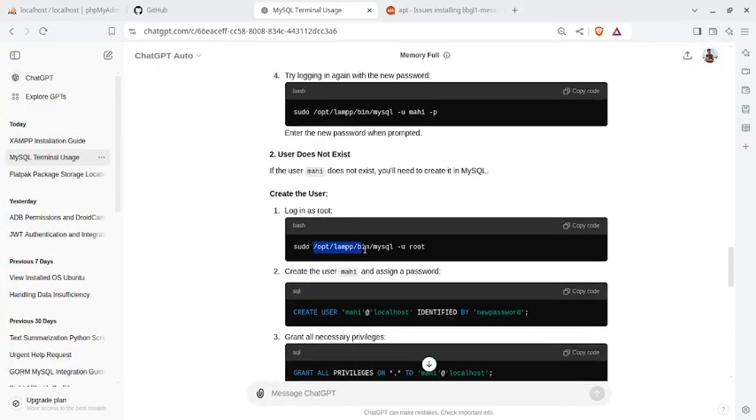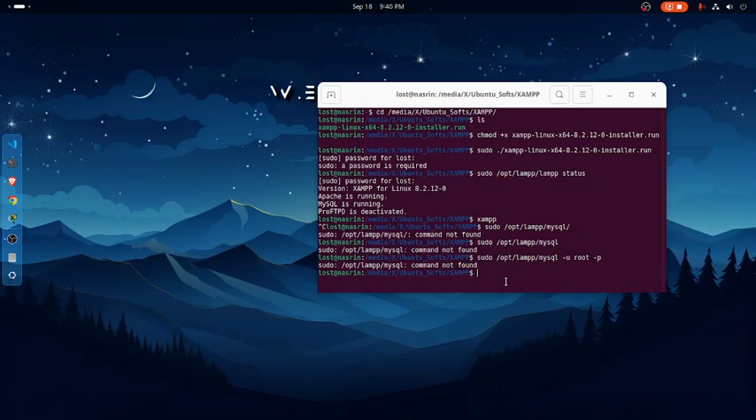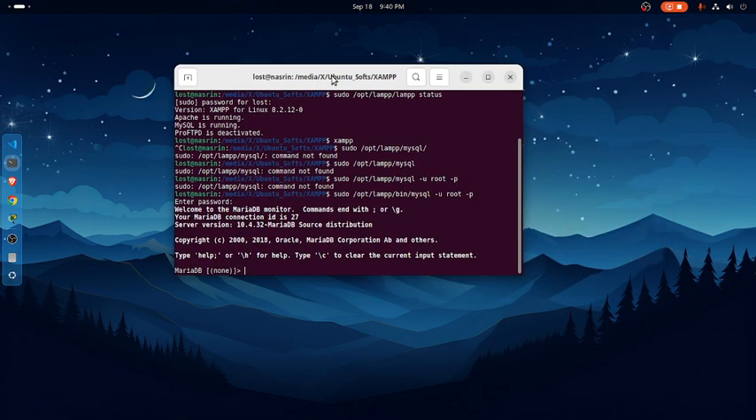So sudo opt bin. Oh, I missed the bin, the binary file. So now it's looking for my password. I enter my password and it's now in MariaDB. So it's actually the MySQL. So I can do here all the codes like